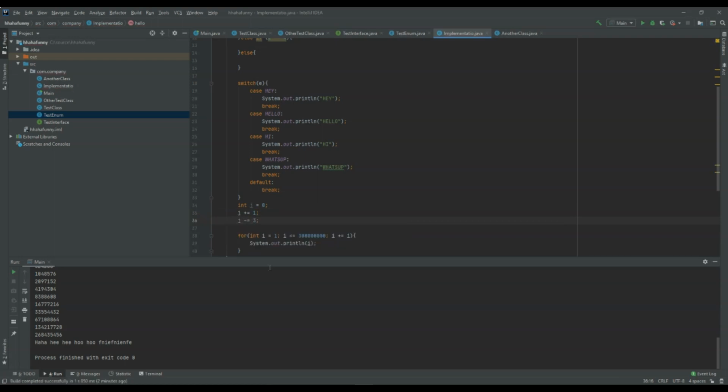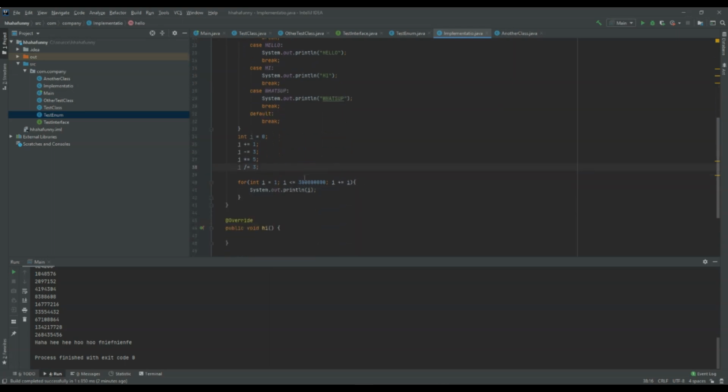And then the character for multiplication is asterisk, which is shift 8 on most keyboards. And the sign for division is a slash, which is usually under the question mark on most keyboards. So now I could do j times equals 5, which would multiply j by 5. I could do j divided by equals 3, which would then divide j by 3 and set j equal to that. So if I did system.out